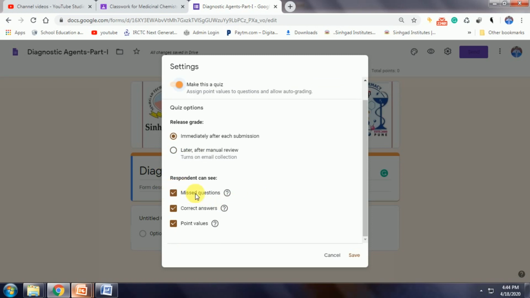Now while conducting the mock examination, definitely you can use the correct answer option, but when you are conducting an examination, don't select that, make it inactive, and they should look like this. And after doing everything, just save it. Now your form is all set